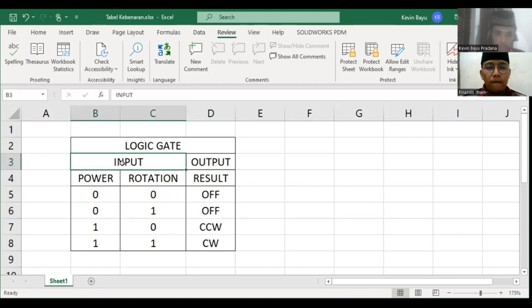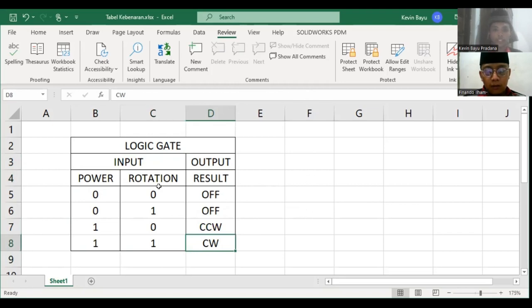Next, if the input power is high and the input rotation is low, the DC motor will rotate counterclockwise. And for the last one, if the input power is high and the rotation is high also, the DC motor will rotate clockwise.